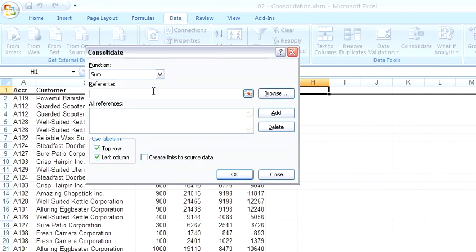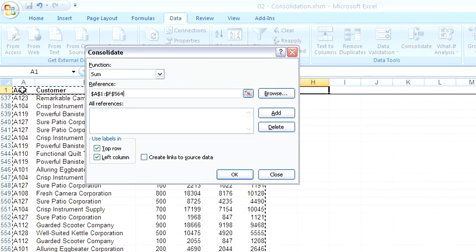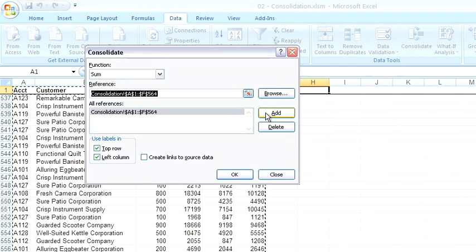and again, I'm going to start this time in cell A1, hold down the Shift key, use End Down, and then End Right. Click the Add button, click the OK button,